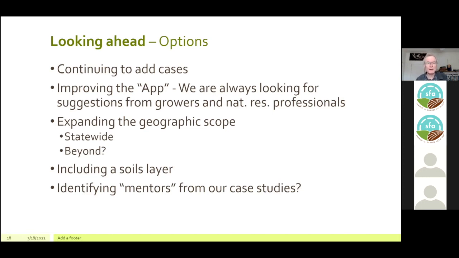So we are going to publish the app now, and we'd love to have any comments on that. We want to look for ways to improve that, and we still have time to do that with the LCCMR project. We've got one of our members that's talking about, you know, he'd like to expand this to the U.S. And he actually has international partners that he says might be interested. Don Rajkowski, who is a soil scientist. And then I think I mentioned we might try and see if we can get a soils layer added to this that would give someone a little more information that's looking for conditions similar to their own.